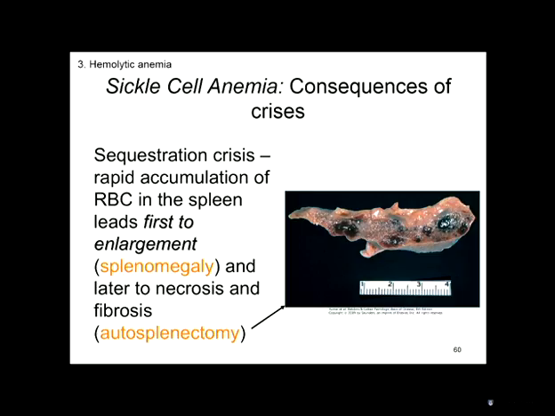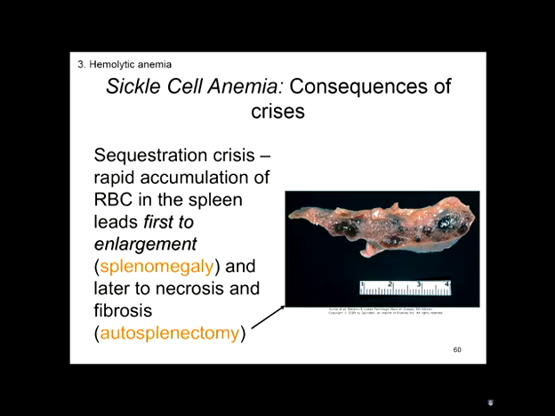And because they will also have hematopoiesis in both spleen and liver, these organs are going to get bigger. But the spleen doesn't stay large forever. Because of the repetition of the cycles of plugging and ischemia and necrosis, they eventually develop autosplenectomy,